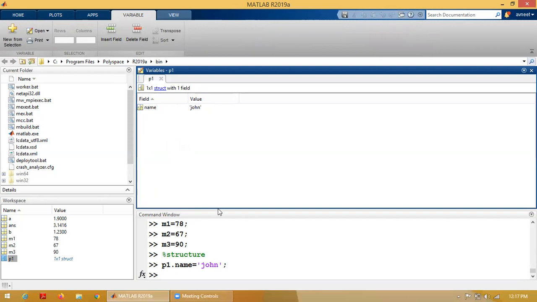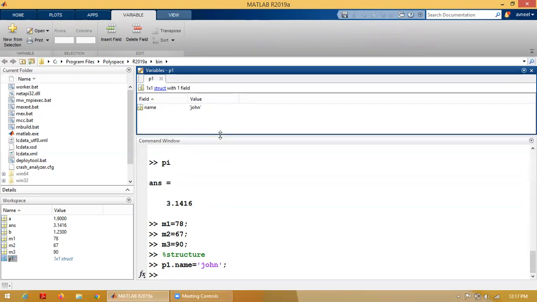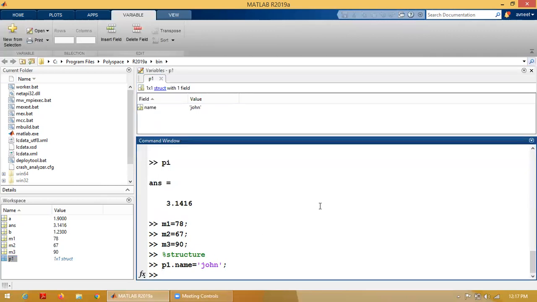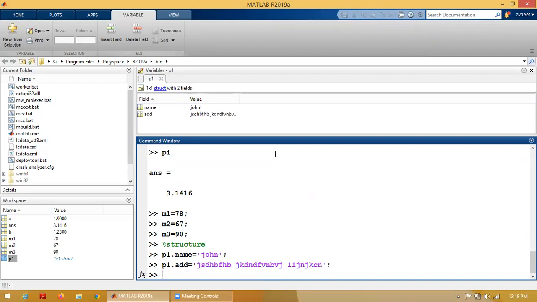Let's see how. I'm not closing my window. Instead, I am going to show you how it is adding different values. Let's say I'm adding John's address. His address could be anything, I'm writing anything here. See, his address with the value, correct? And if I want to write his phone number,